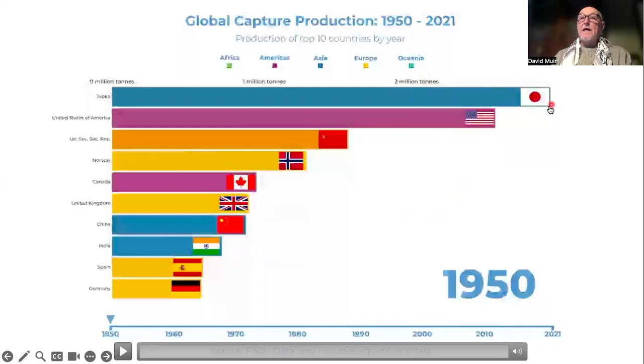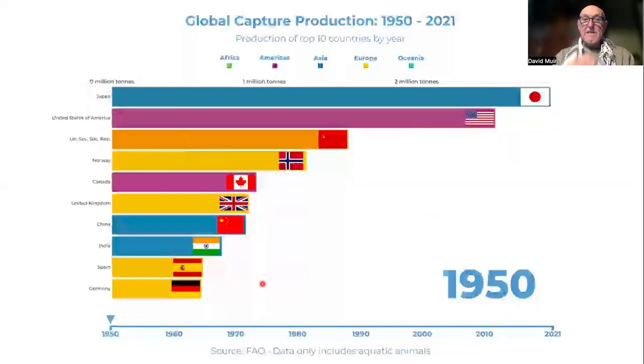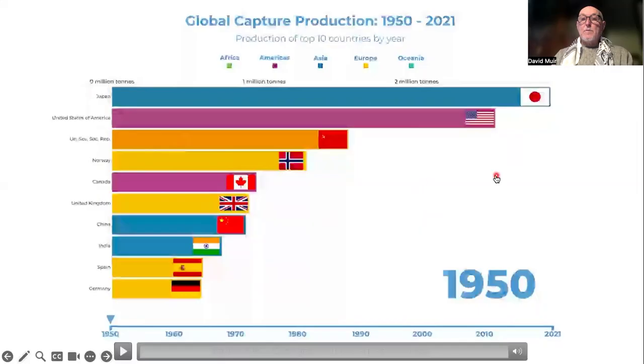And in this case, in 1950, the most important nation was Japan. The names of the nations are listed here if you don't recognize their flags. But what I want you to particularly notice is this one here. This is China. And keep an eye also on